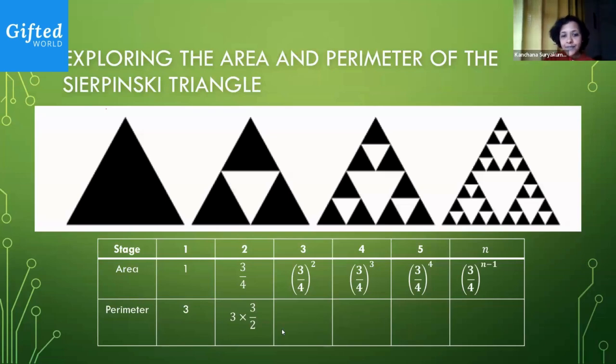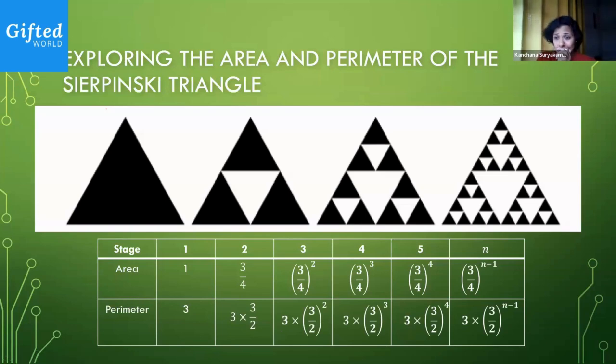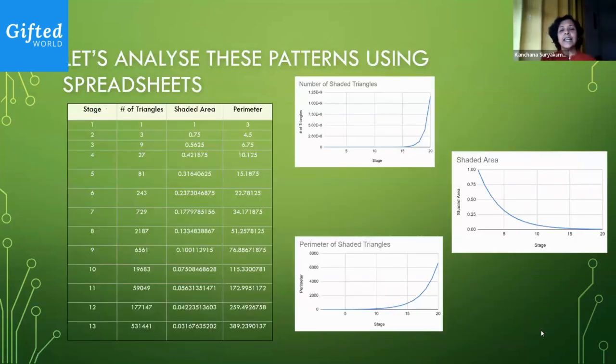So let's go back to this figure. What do we have here? At each stage, your perimeter is becoming 1.5 times the previous perimeter. So you notice that the perimeter is increasing. That means if you're walking around the sides of the triangle, you're going to be walking more and more and more at each step. But what is interesting for me, and I think I have to rush, I'm not going to be able to show you how to do this on a spreadsheet, but I think this might be a fun thing for you to try out yourself, right?